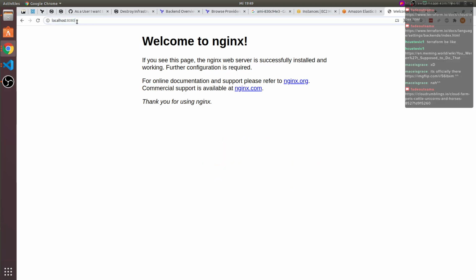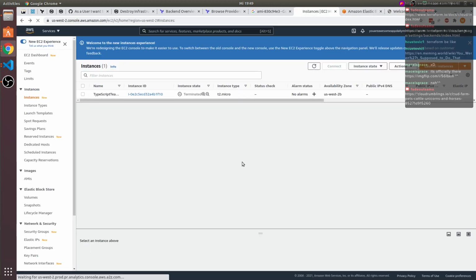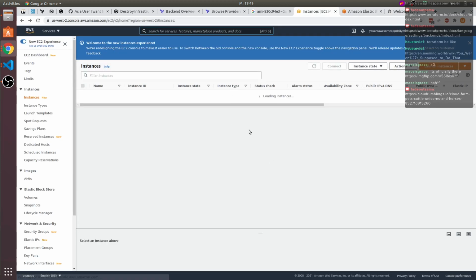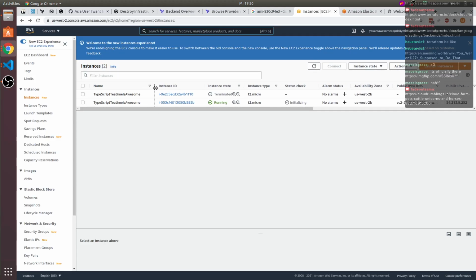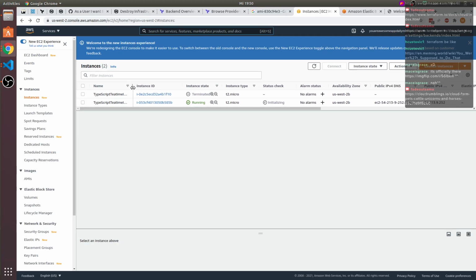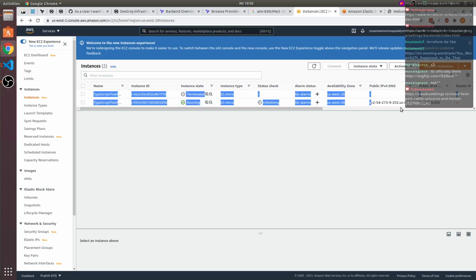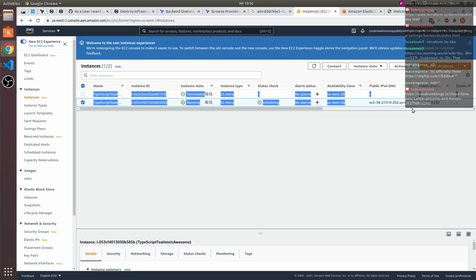If we now go to localhost 8080, it's still up again, or it's again up, let's say. So from our perspective, it looks like nothing really happened, but in the meantime, actually the complete server was gone and completely got recreated. And inside of here, we will now see two. I should get used to clicking this button. There's our new TypeScript T-time. TypeScript T-time is awesome. Yeah, it is. But it has new data, of course. So it has a new IP address attached to it because it was completely recreated.